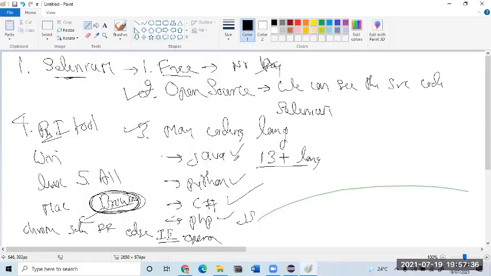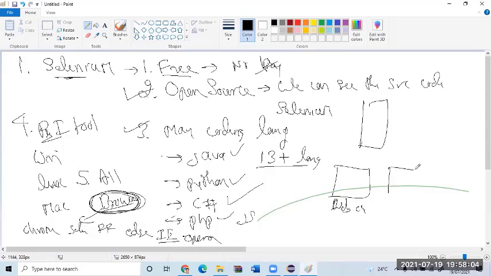Now, Zoom is what type of application? All of us are using Zoom. Zoom has many versions. Can I open Zoom using the web browser? Yes, it has a web client also.